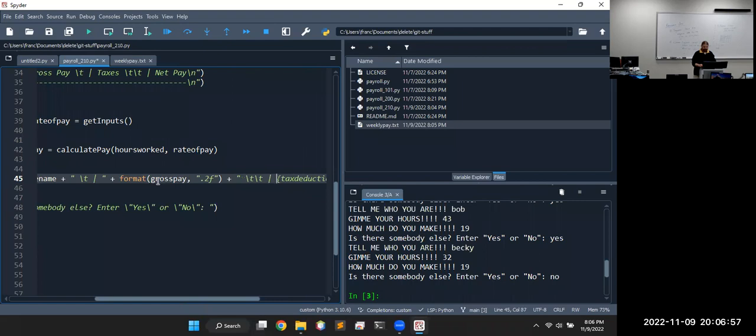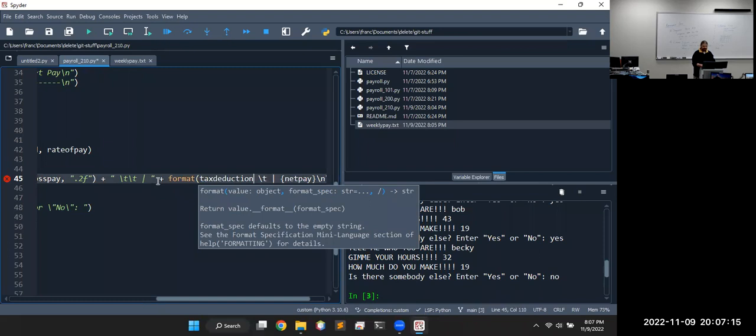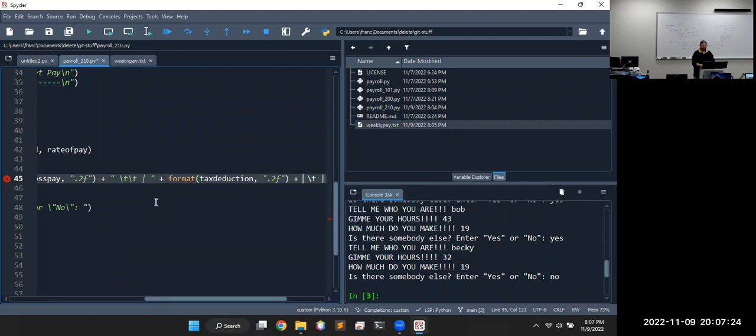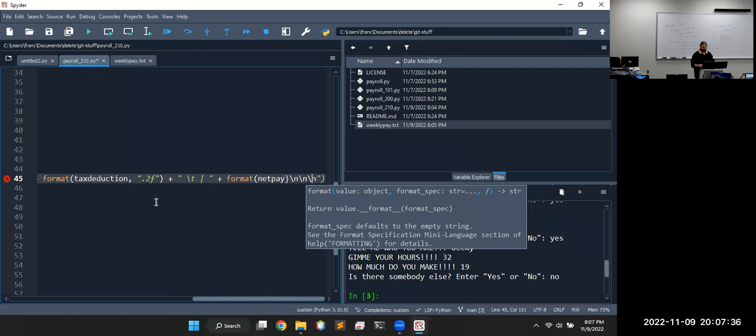And then a pipe symbol. And tax deduction, that's a number, so we'll format that. Format tax deduction. So the formatted strings, those are best for integers and strings and things that we do not have to worry about how many decimal places it's going to show. If we're worried about how many decimal places it's going to show, it's better to use a regular string and format it manually. Format net pay to 0.2F